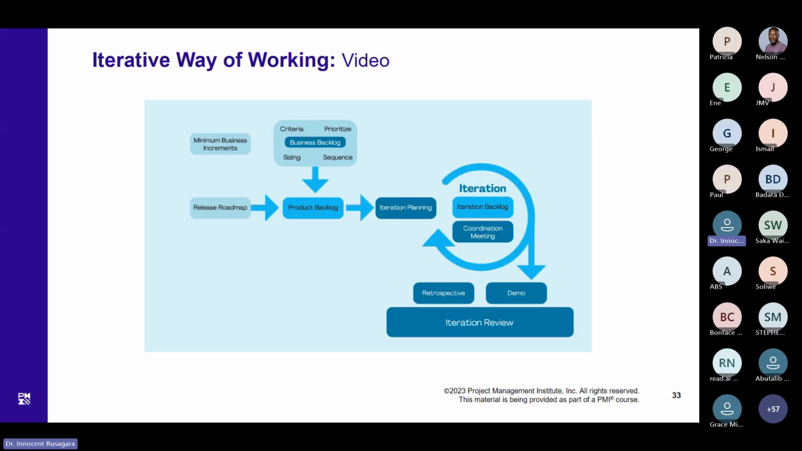The iteration review ends the iteration. This review has 2 parts. It reviews the product and solution built in the iteration and the process, how the team worked together, and what got in their way. In the demo, the team